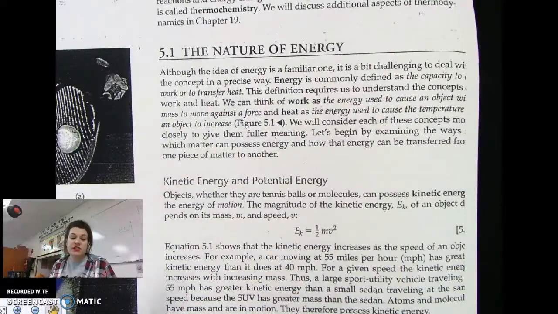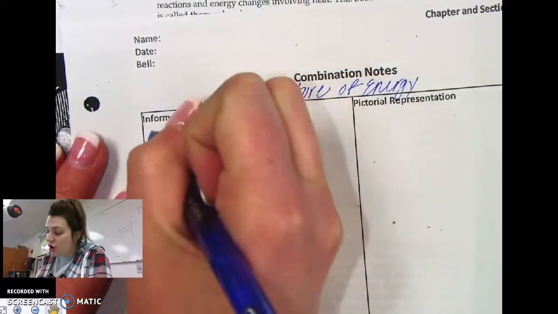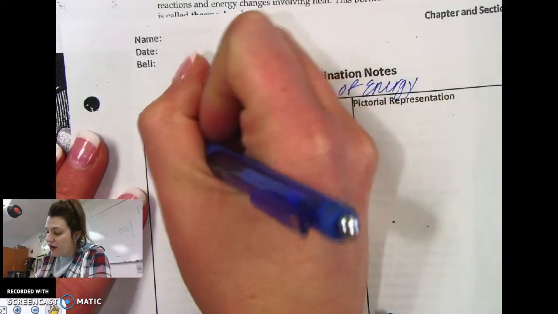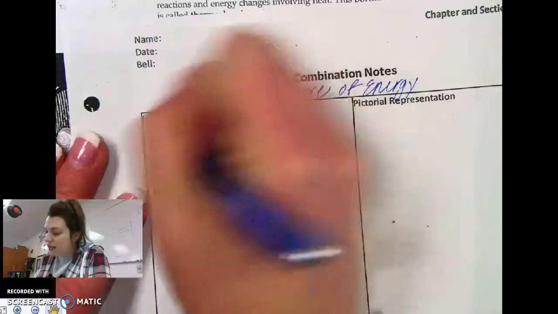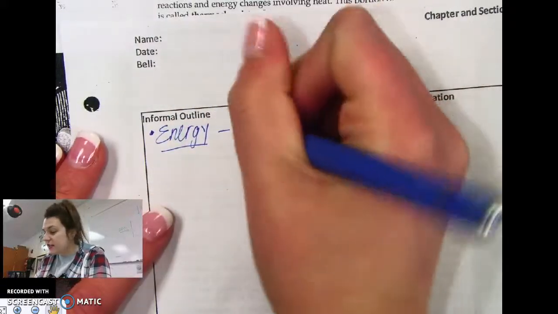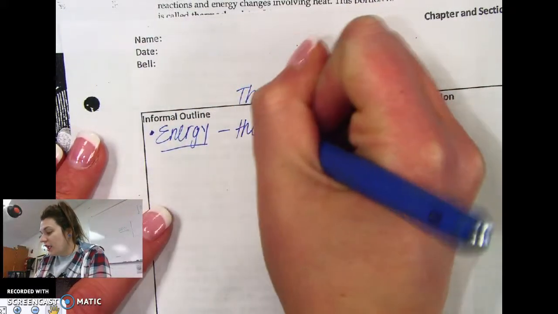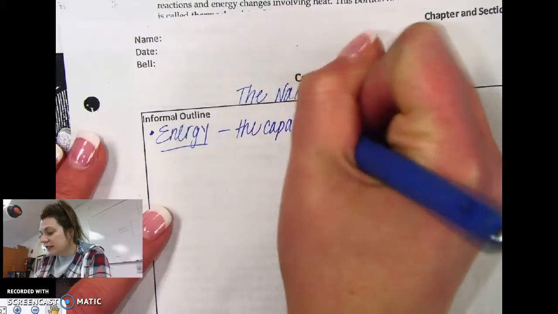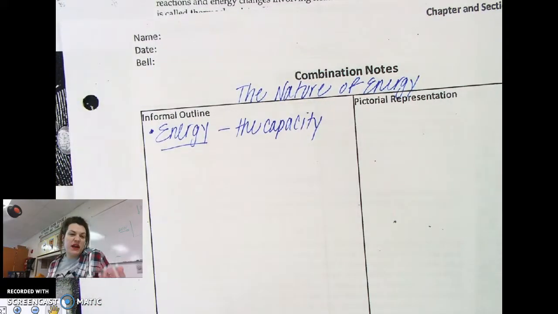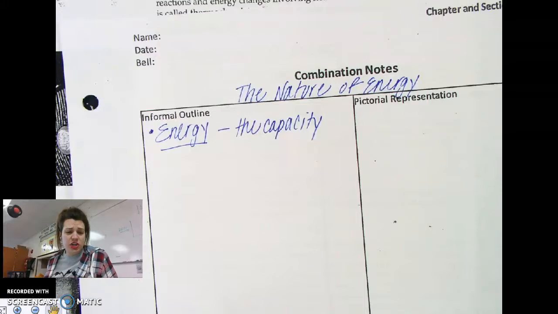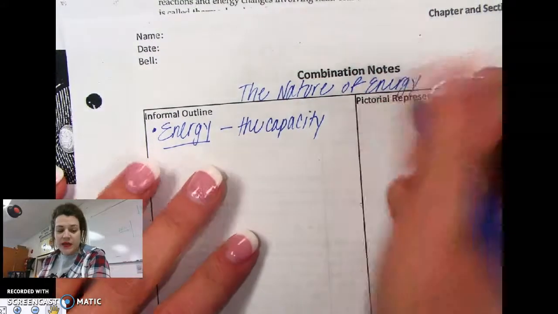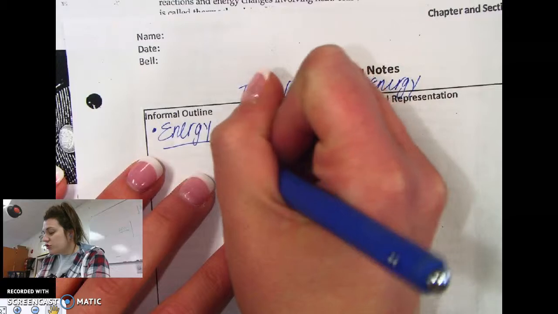Okay, here's a definition. So that is going to be important for me to note, this definition of energy. Okay, and it specifically says that energy is the capacity. And if you don't like the word capacity, you can change it. Okay, capacity is fine for me. You can change it to ability, any synonym that makes more sense to you than capacity. If you want to change it, change it. These are your notes, okay? So it's the capacity to do work